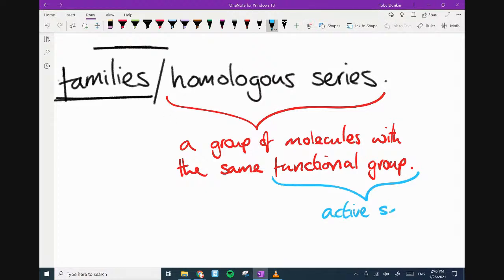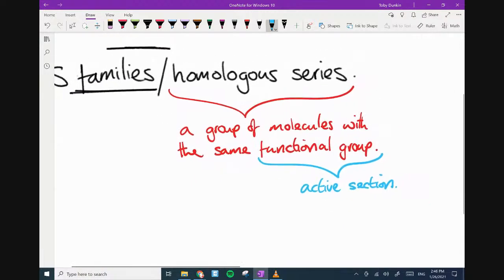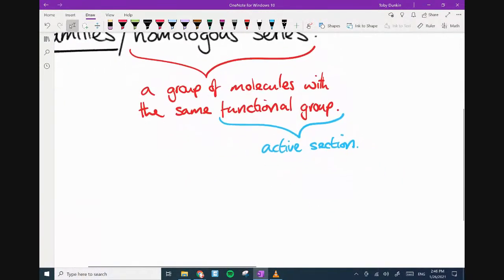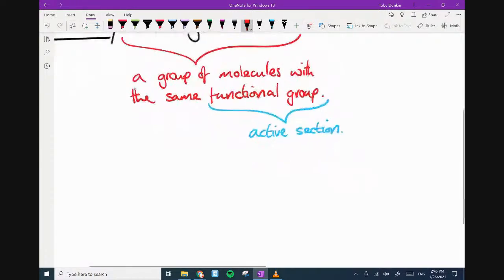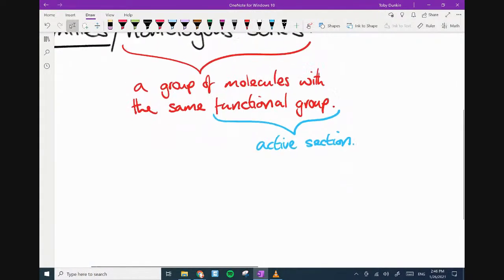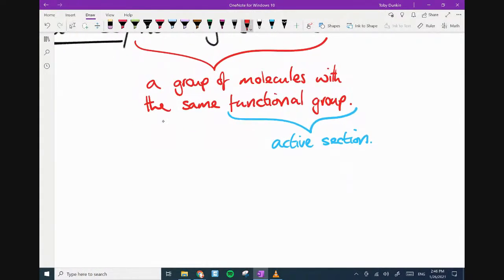I'll put active section. We realize that different parts in organics give it its properties. So we also realize a group of molecules with the same functional group, so therefore, the second bullet point is